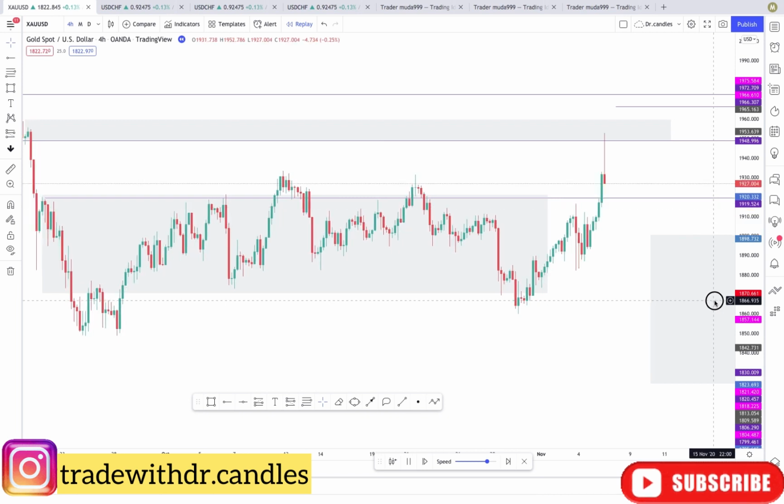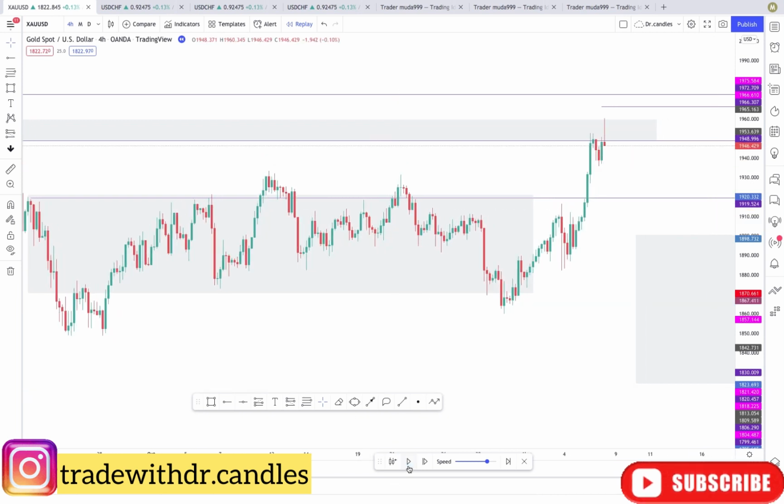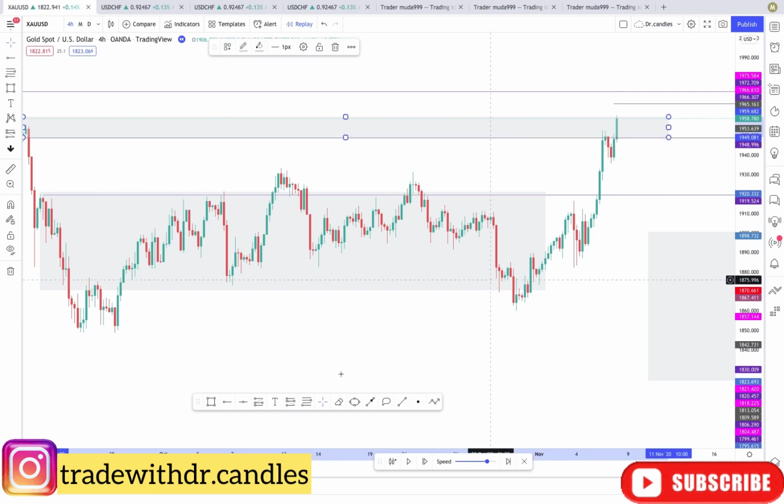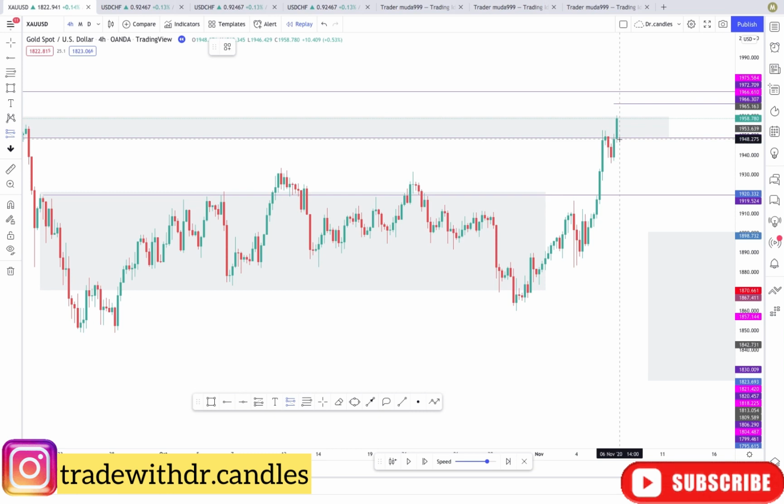All I'm waiting for is the market to touch that level. You see how the market touched this level? Perfect. So once the market touches this level, all I will do now is short this pair. So I can possibly short it here